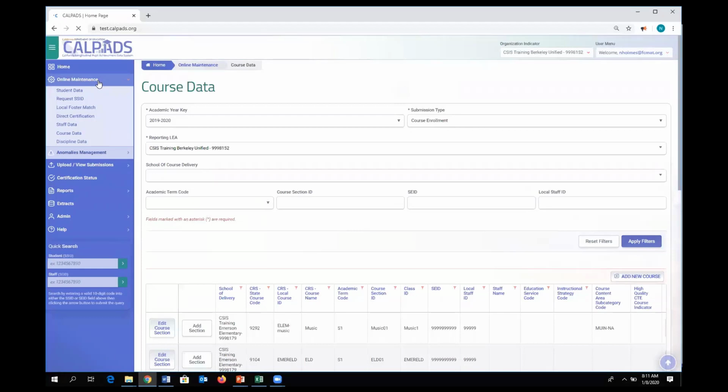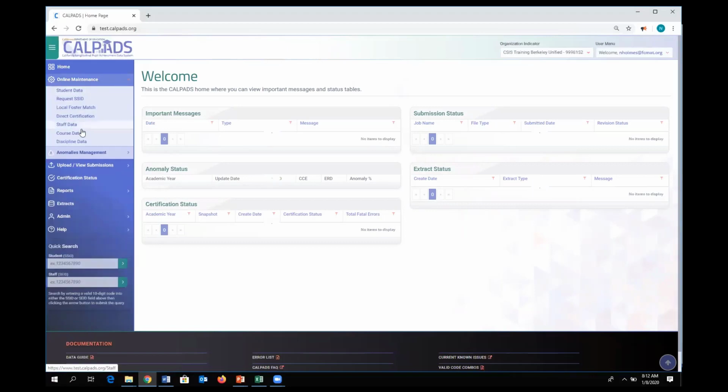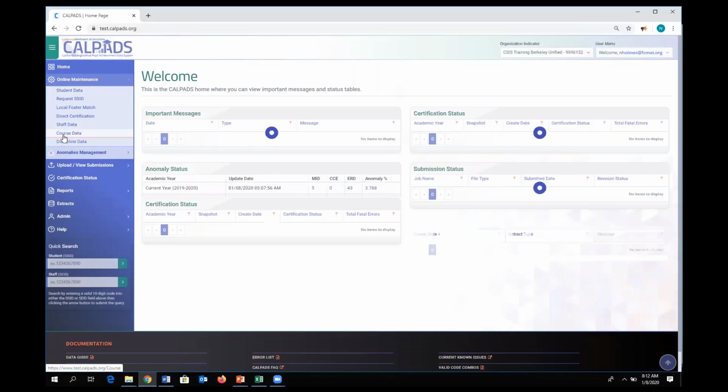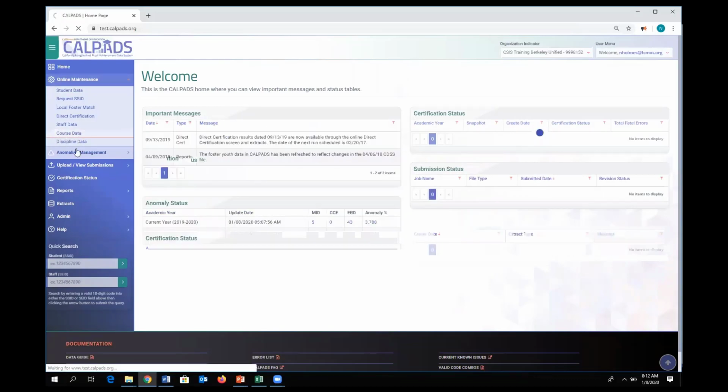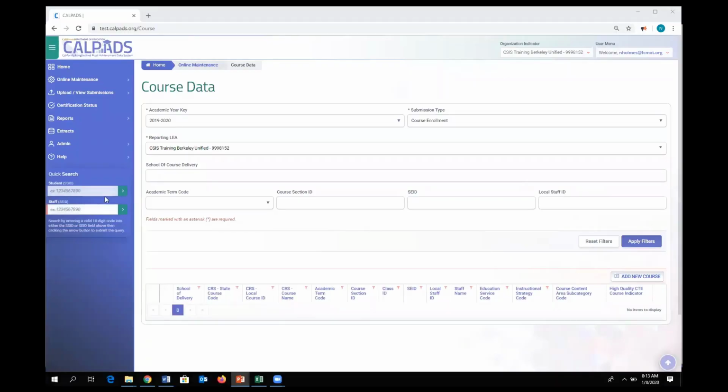So we're just waiting on CalPADS here. And so we are at the CalPADS home screen now. And to navigate to course data, we'd use the left navigation and simply select course data under online maintenance. So we have now landed on the course data screen, and you can see that we have several filters at the top of the screen. It defaults to the current academic year,